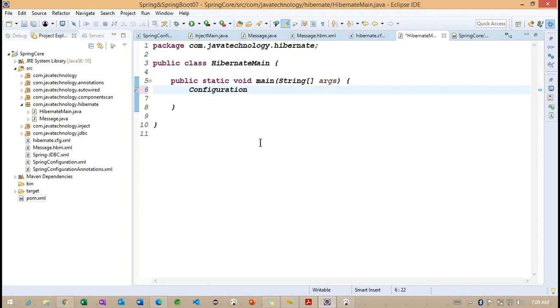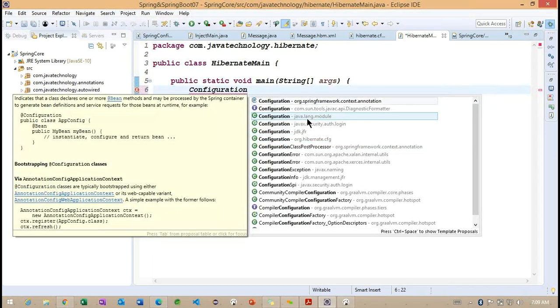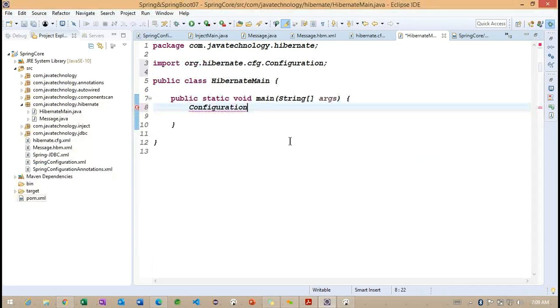Okay, back to here. Basically this is the main class whenever we are trying to work with Hibernate. So Configuration. Let me import this particular Configuration class. This is org.hibernate.cfg.Configuration. This we need to import here.